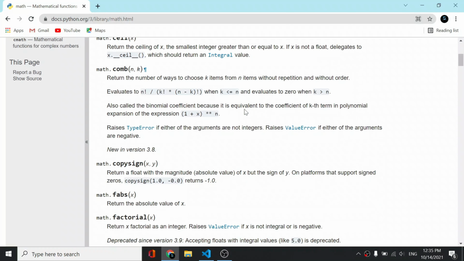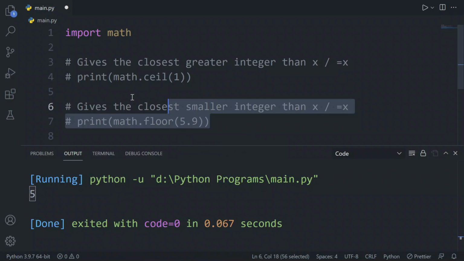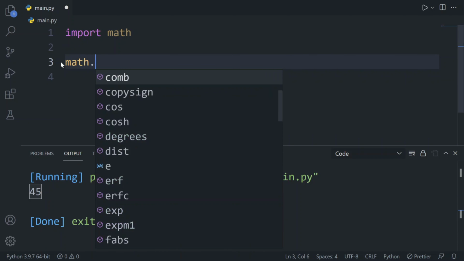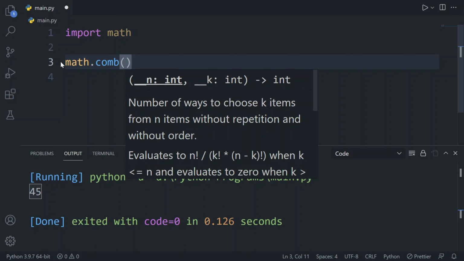Then we have, you can see, combination here, which is comb. So let me clear this as well. The another method which we have is math.comb. This method takes two arguments, which are n and k. The first argument will be the limit or the set, you can say.